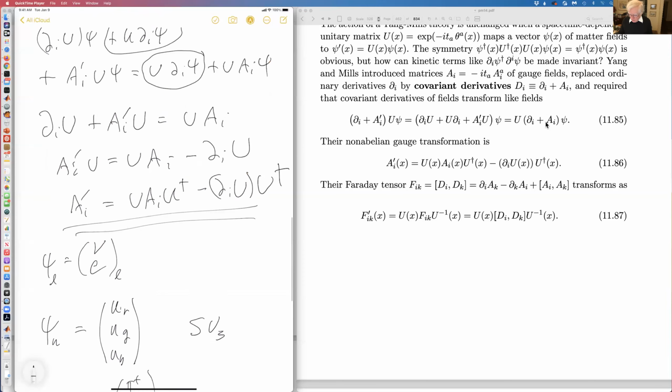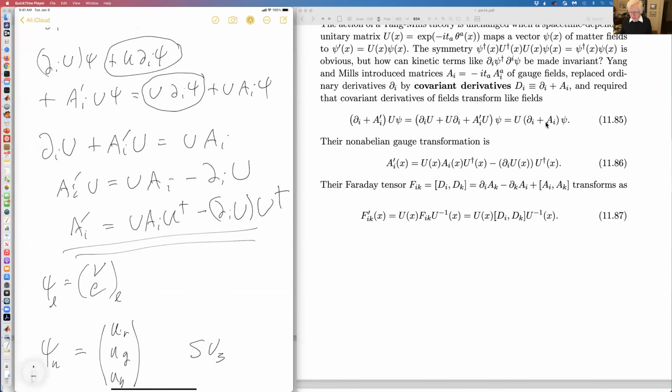In any event, this transformation law is then this equation 86 here. And notice that in the case, for example, of SU3, these are 3 by 3 unitary matrices. And these are 3 gauge fields. No, not 3, they're actually 8, because